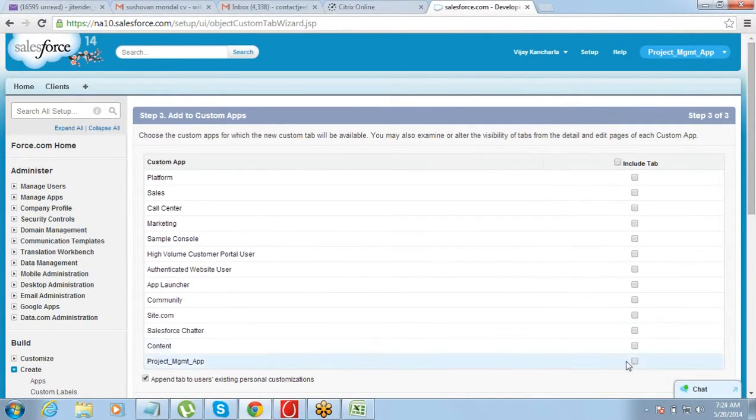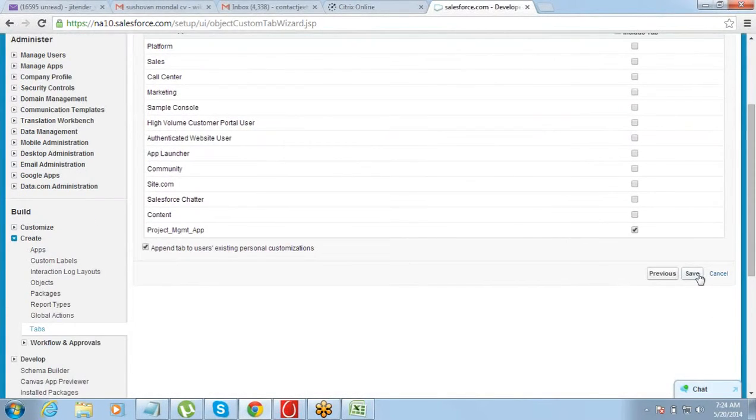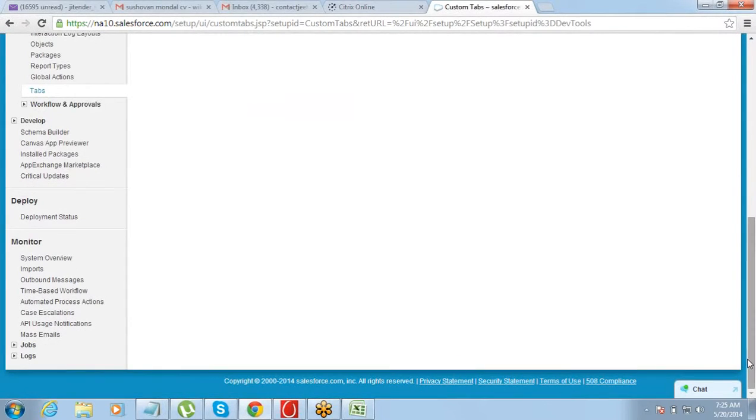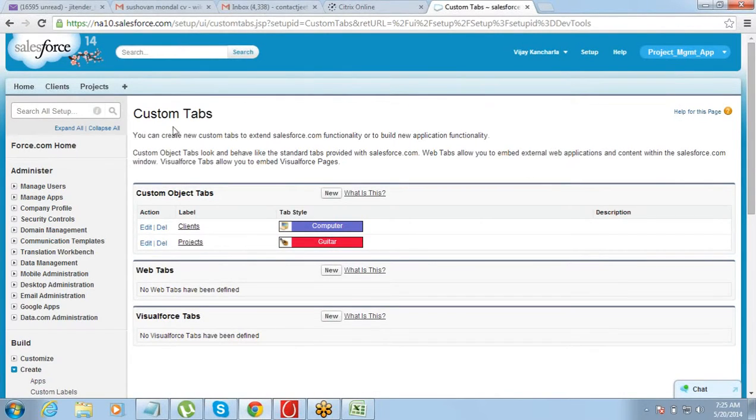I want this also to be available only under the project management app. Save. So you see, you've created an app and you have included your two tabs here.